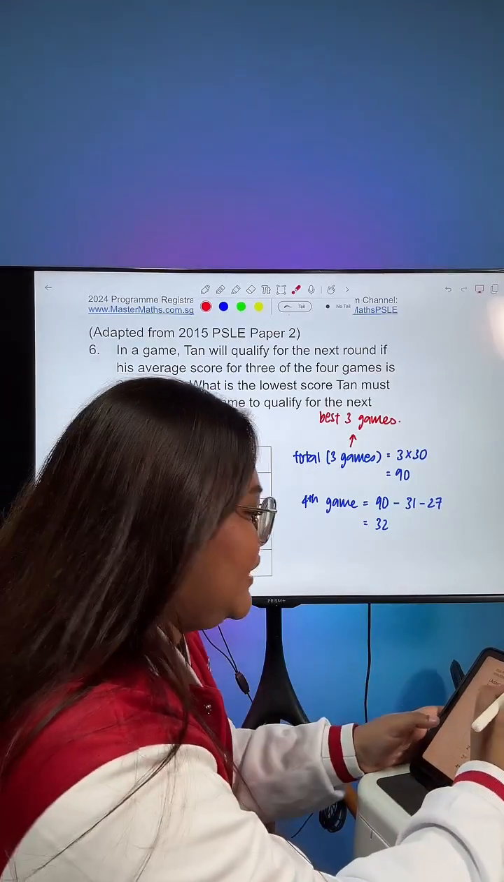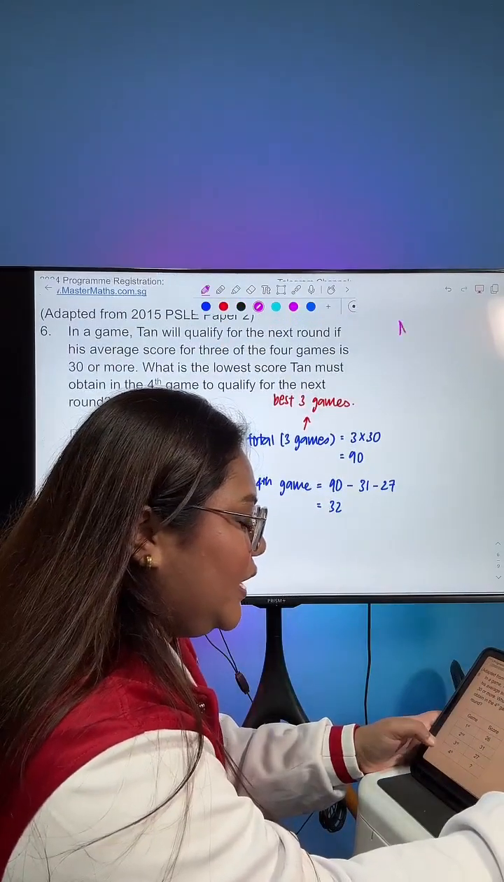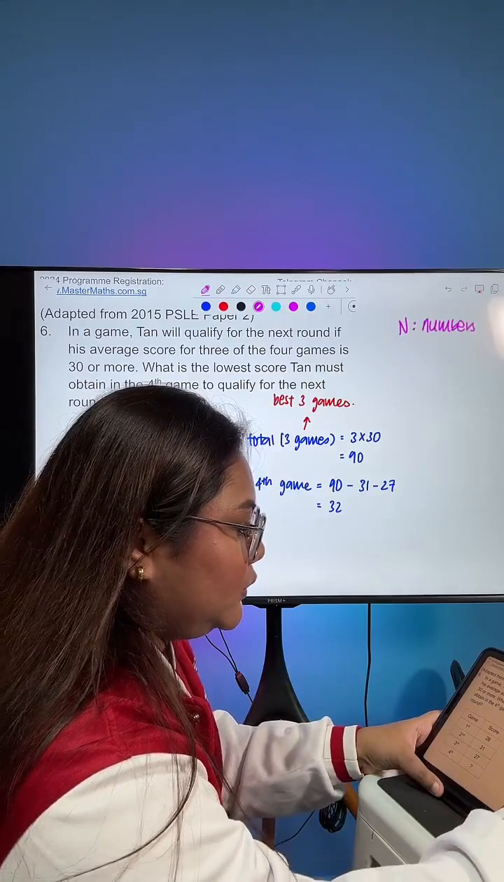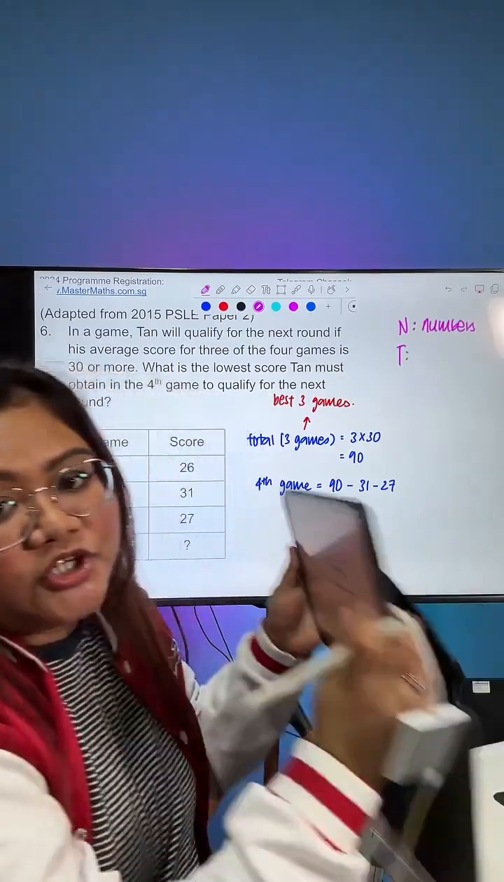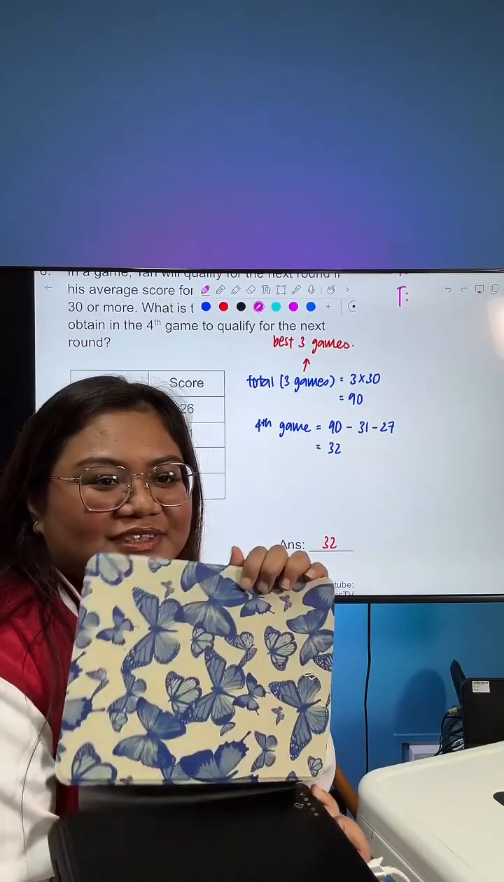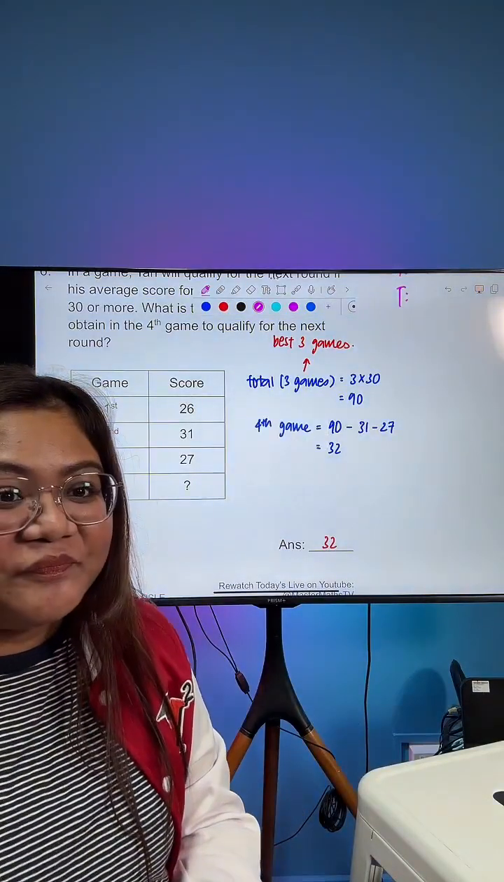I can write down NTUC for you. NTUC, I write down over here, okay? N, numbers, T, transfer. Anyway, do you like my cover? So pretty, right? Okay, so as I was saying,